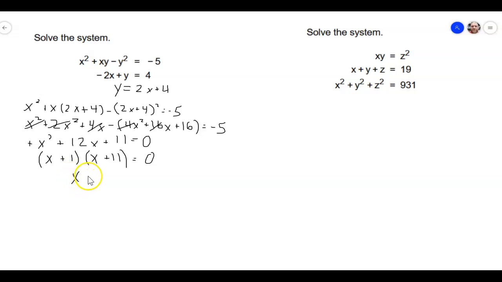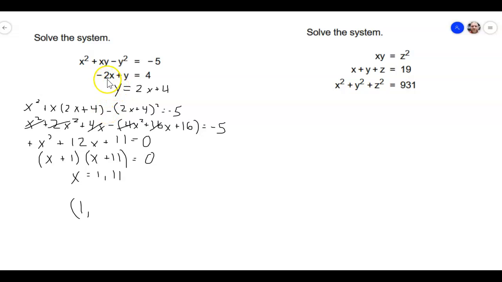So that means my x is equal to 1 and 11. And my y is going to be equal to, well, it depends on whether my x is 1 or 11. So I can put into this first equation here. So when I put a 1 in there,